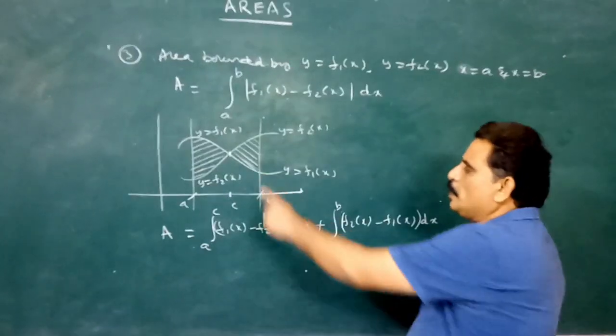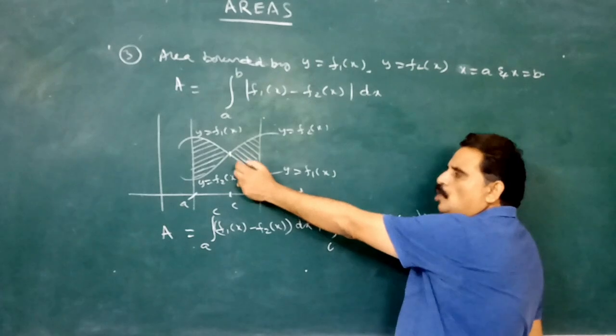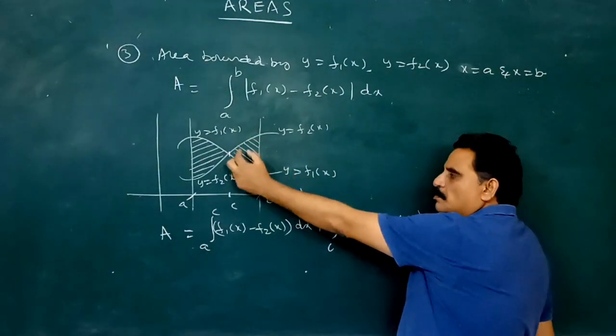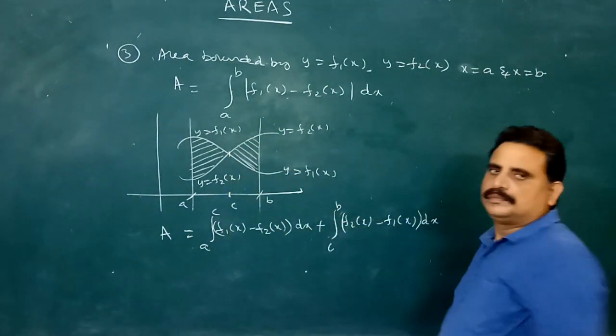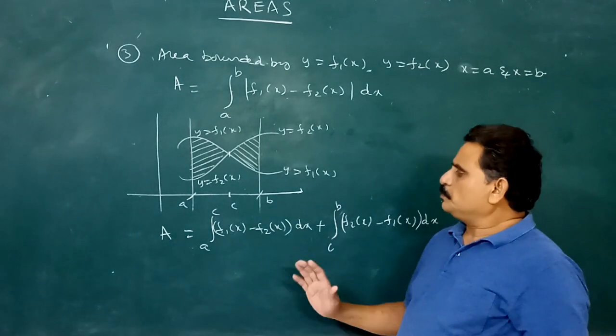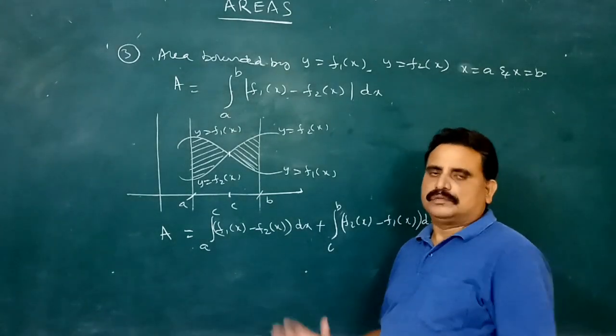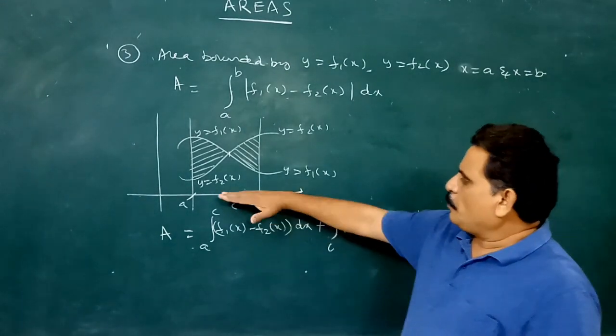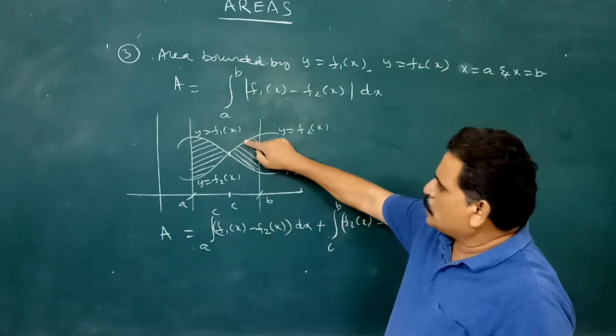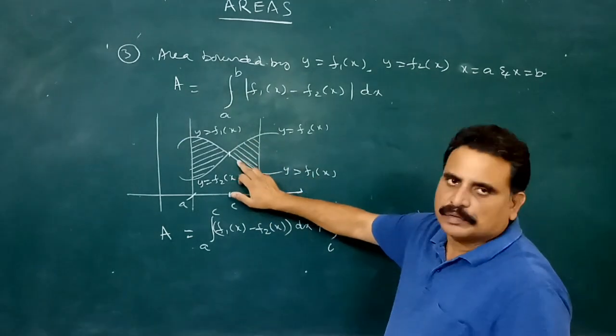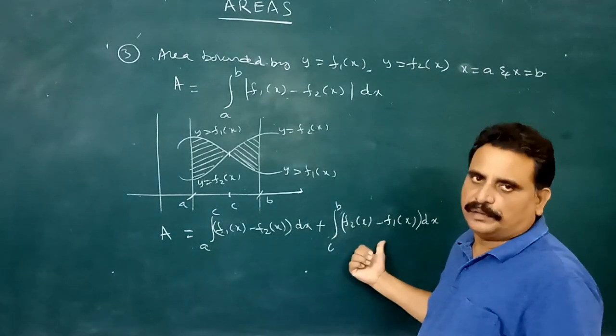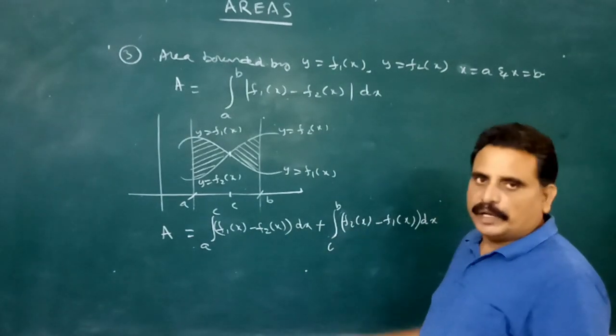That's why we have to write down, every time, the up curve first minus the down curve. So how to find that? How to prove this? There is a proof. Look here, from the x-axis to this curve minus from the x-axis to this curve. So that's why we are subtracting. Okay, that's why we get that.